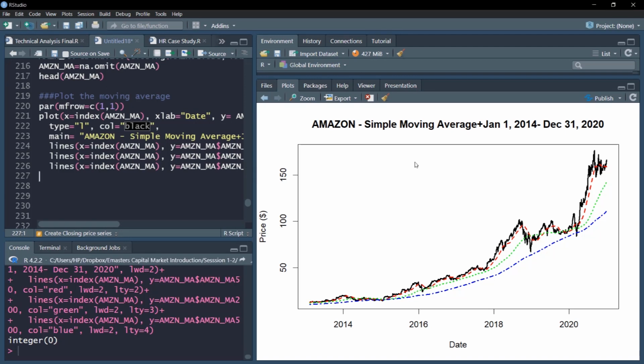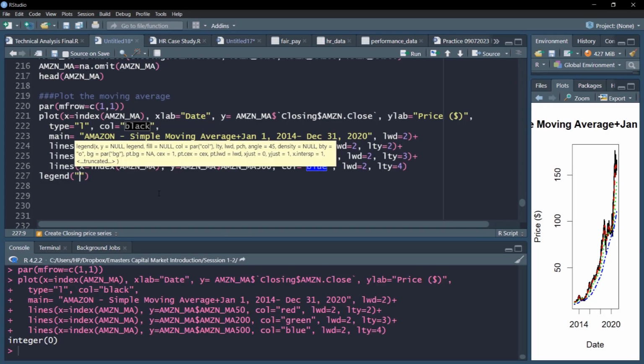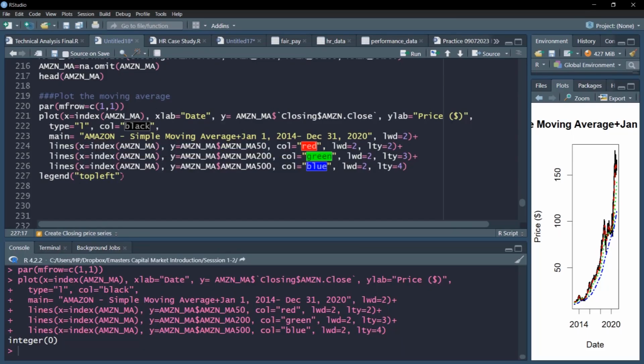One more thing we can do here is to add the legend. So we can add the legend here. Top left seems to be empty side, so we'll add on the top left. Also, I can add the headings. For example, I can put Amazon price, first closing price. First series is the closing price. Next is